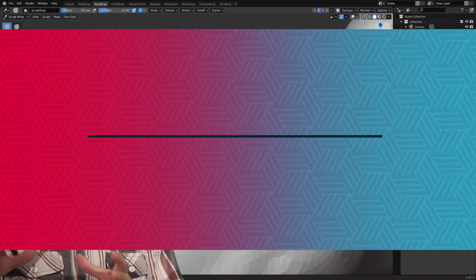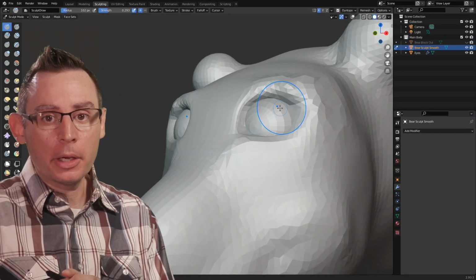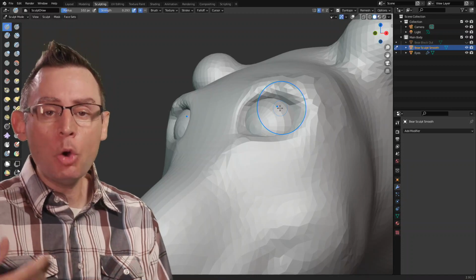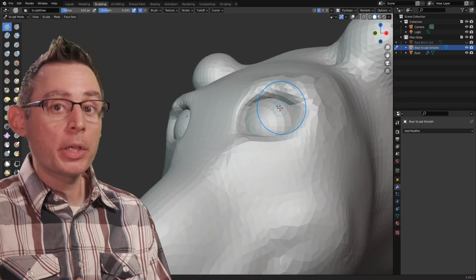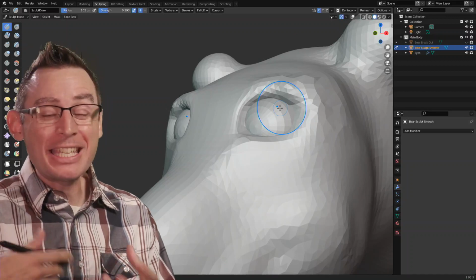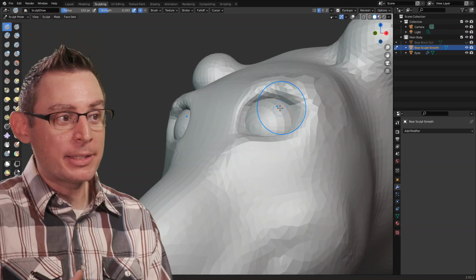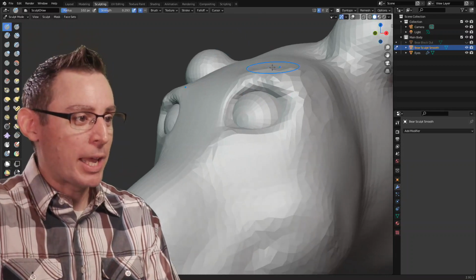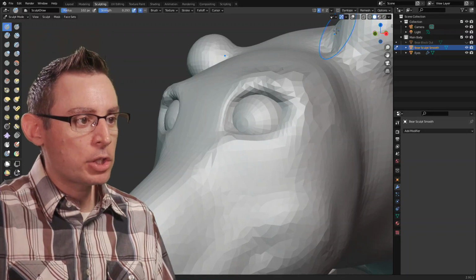With the basic structure of my eye starting to take form inside of my bear model here, I'm ready to use the Dyntopo tools to interactively and adaptively add more polygons into my mesh. Simply, I just need more information to finely sculpt the details of my eyes, and the Dyntopo tools are great at that. So I'm just in the Sculpt Draw tool, and I've launched Dyntopo.